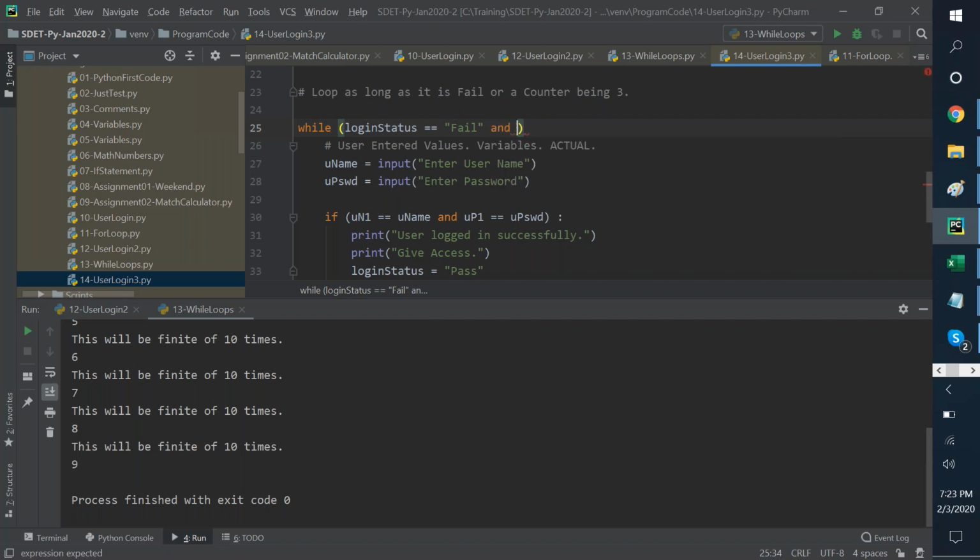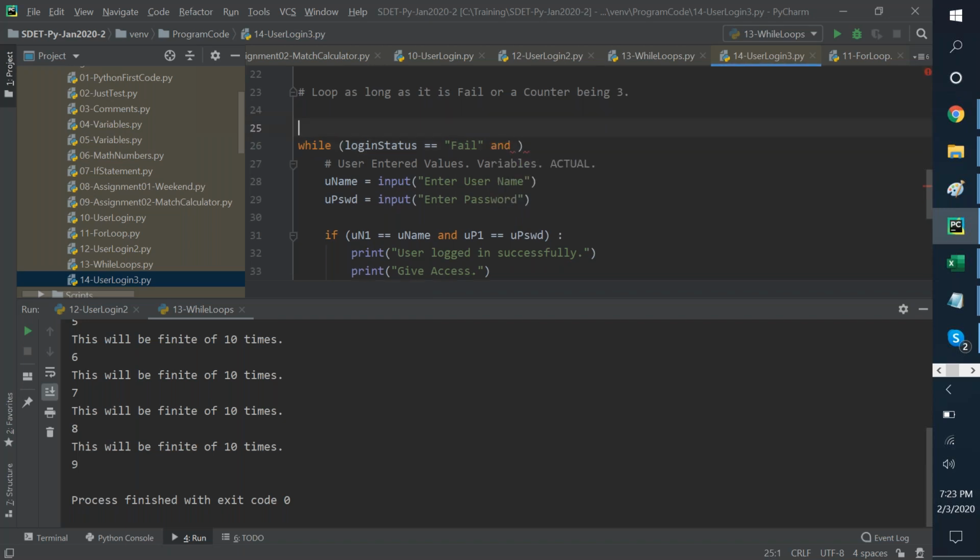And I will have a counter. Let's count any other number you want to give. X equals 0. And I'll say, so 3 times, right? X is less than 3. That's my condition.